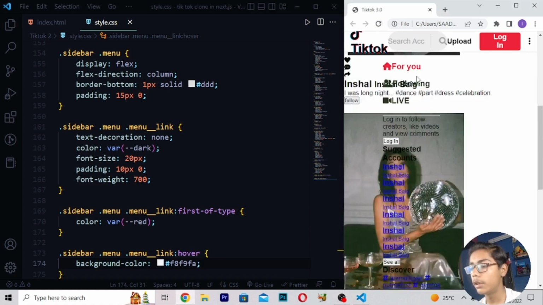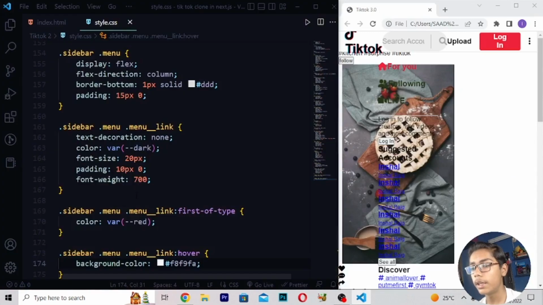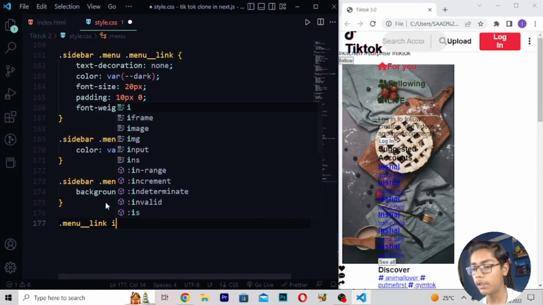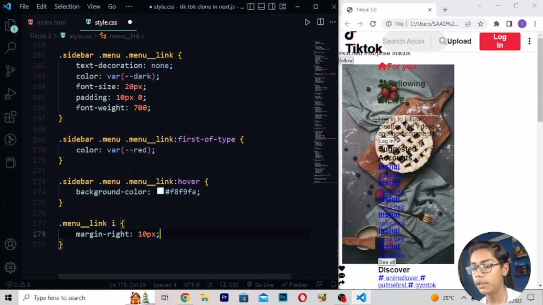Here you have to reload. Now you can see we are getting it styled. If I show you here, you can see this. Now when you're getting these all stuff, here I will be moving right here .menu-link i tag, right here margin-right, which should be 10 pixel, then I will be writing here a tag which should be like